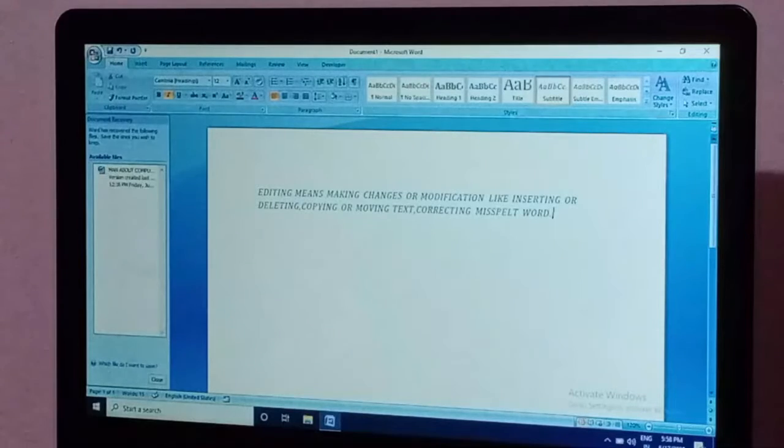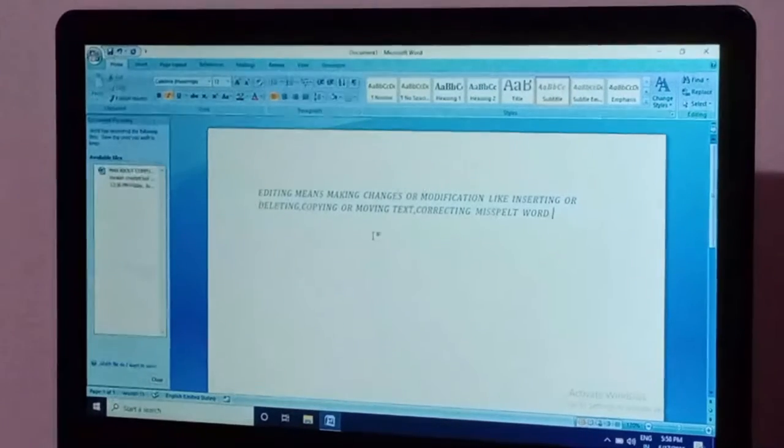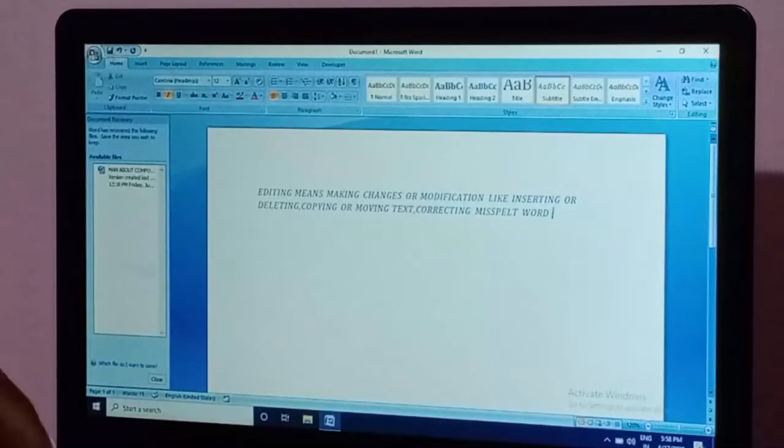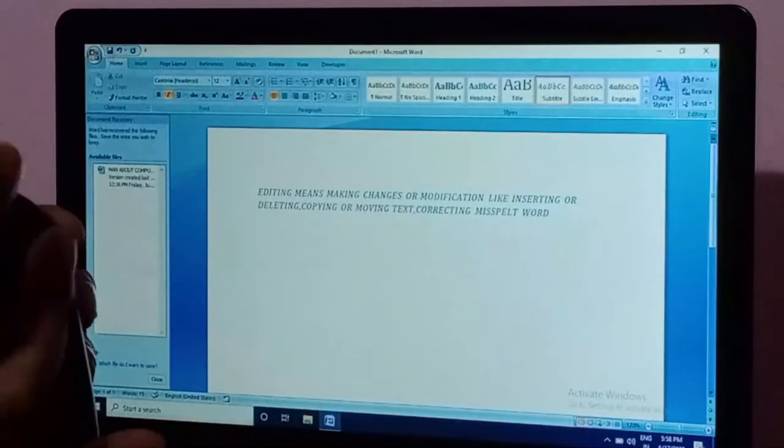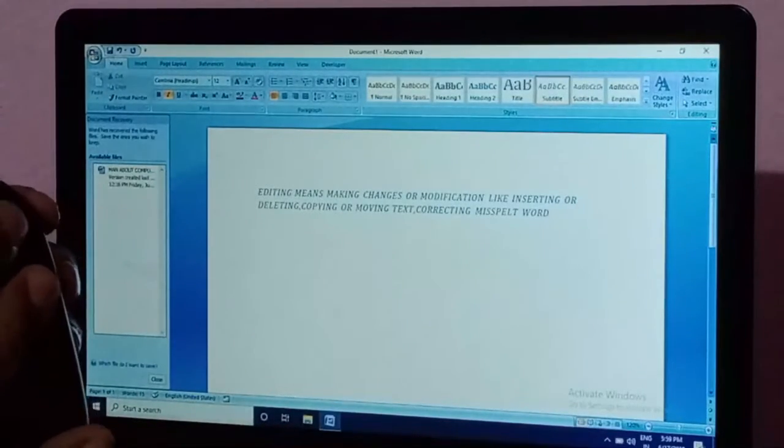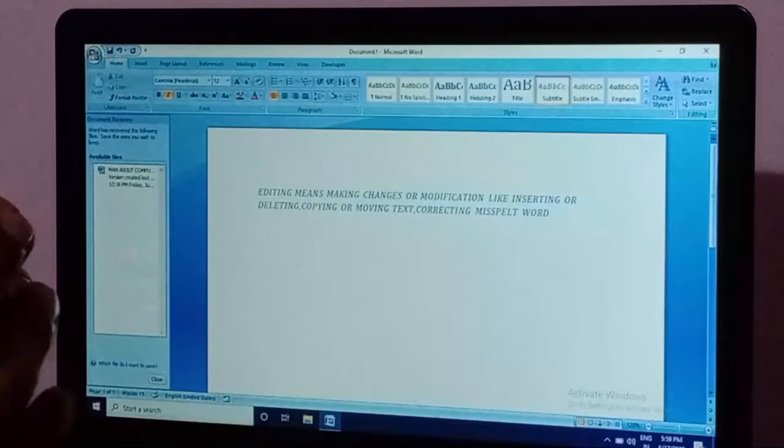Suppose I write down two sentences, and first of all, how to select. This is the mouse and the two areas of the mouse, the left side and the right side.